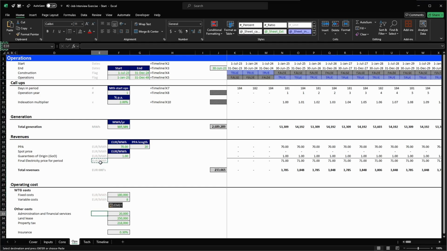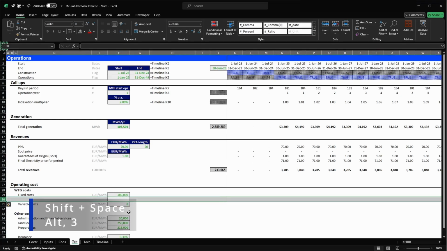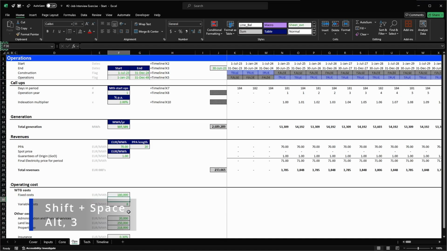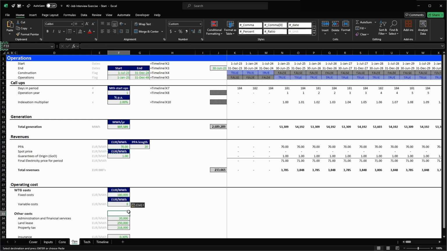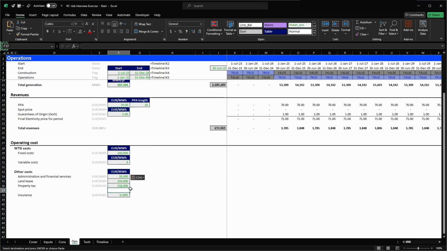I'm going to copy and paste the units. We are done, and I'm going to add the units of our inputs, right? So I'm going to add one row, Shift space Control Alt 3. I'm going to go here, copy the table, and paste it over here and down here. That's going to make sure we have the correct naming. First, to start with, this is wrong. This should be